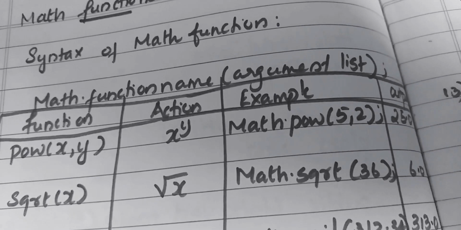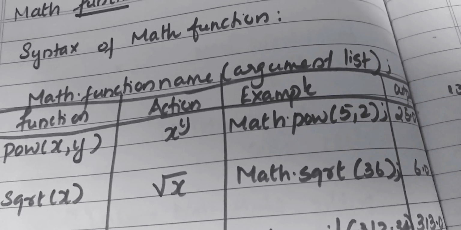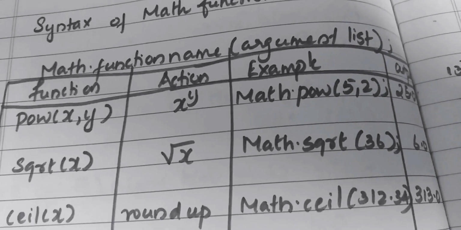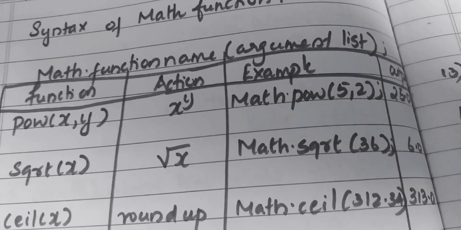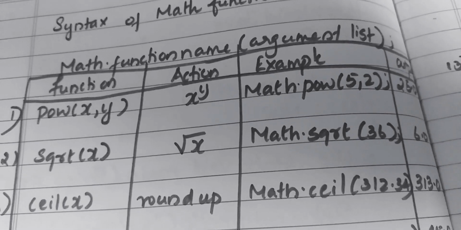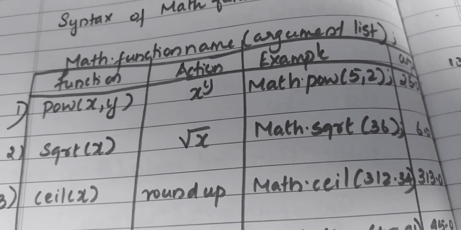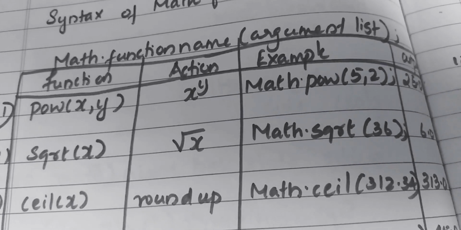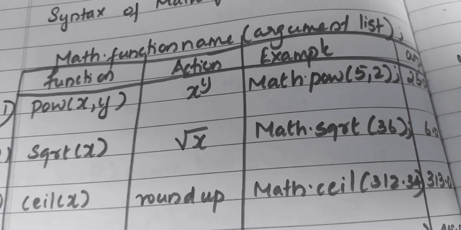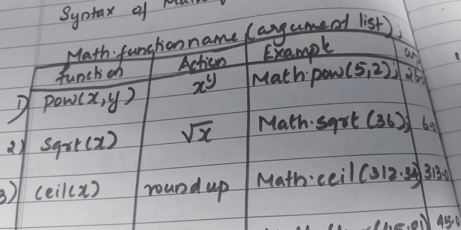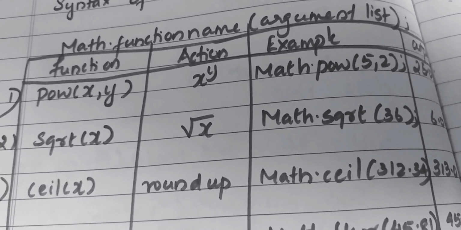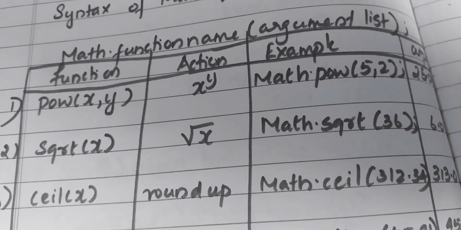25. One most important thing is that when we are using these math functions, most of the functions have the output as double type. Double type means it's a decimal number. The output should be a decimal number. Even if you are getting the result as an integer value, we write the output as a double value. This is the most important thing you have to keep in mind. The output of most mathematical functions in Java is of double type.